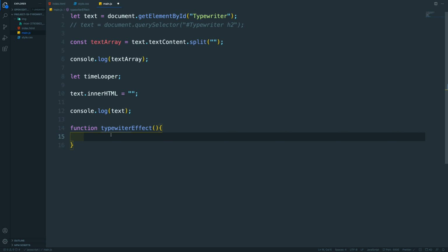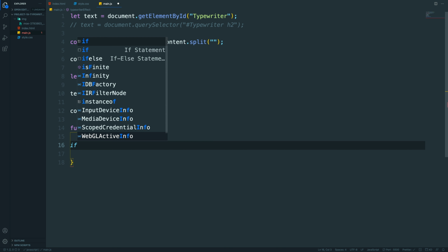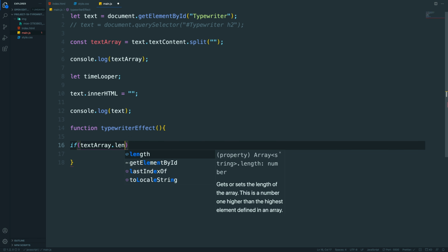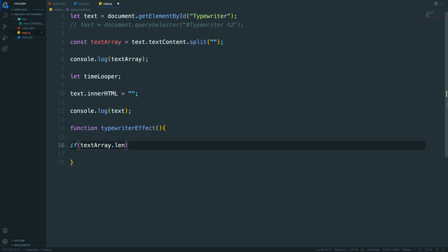Did I just misspell typewriter? There we go. Okay, and we're going to pack this into an if statement. Now we're going to say that if this text array that we created up here, dot length, so the length of this array, is larger than 0,